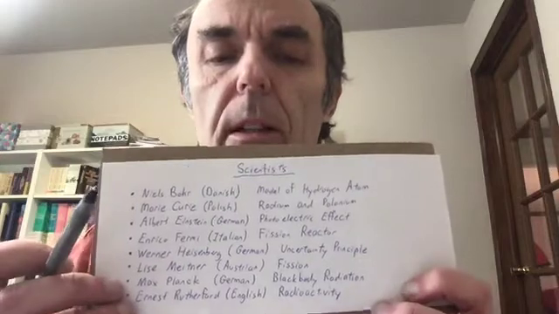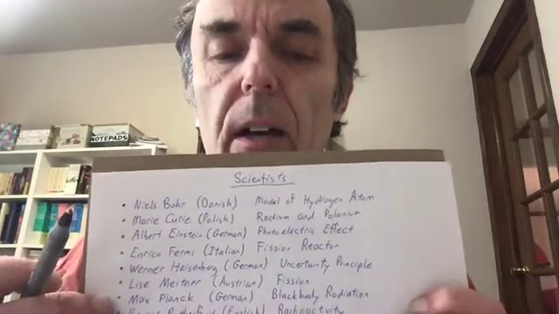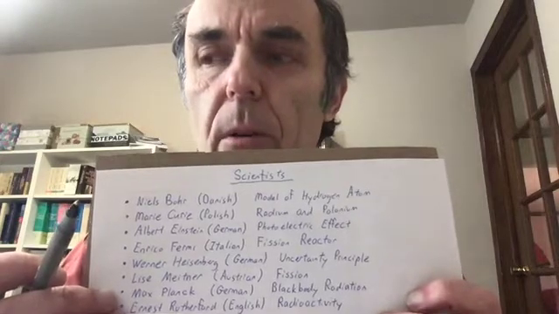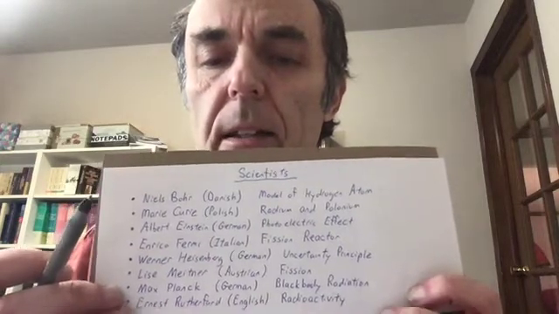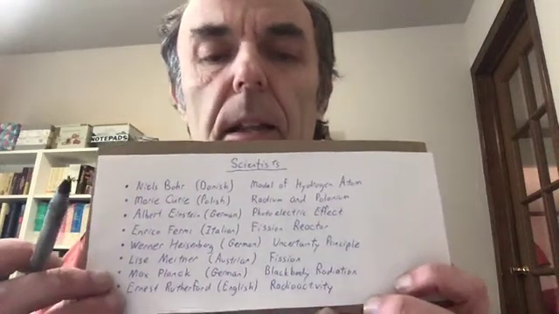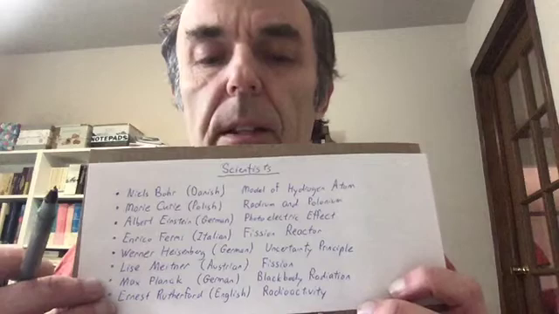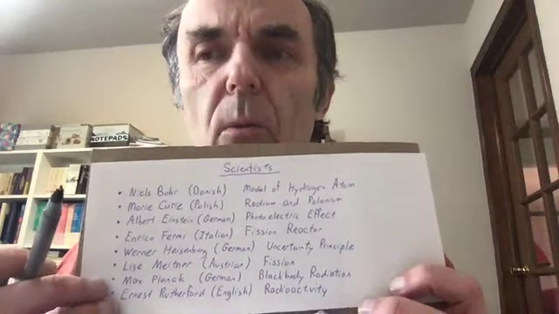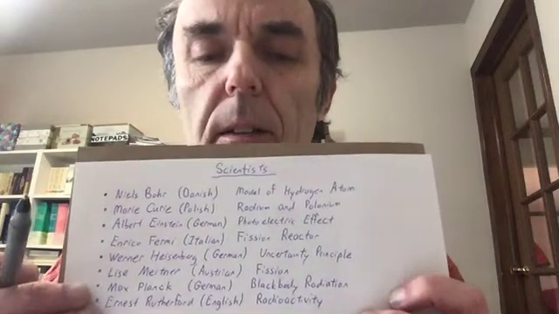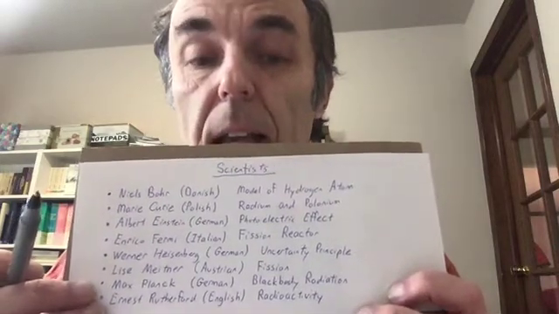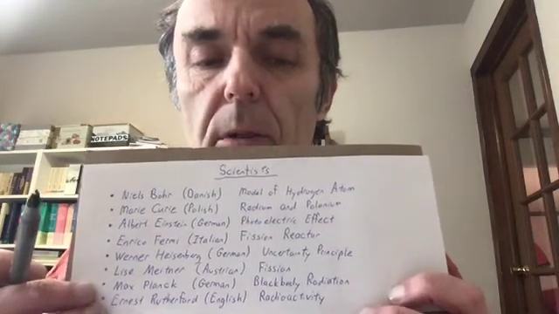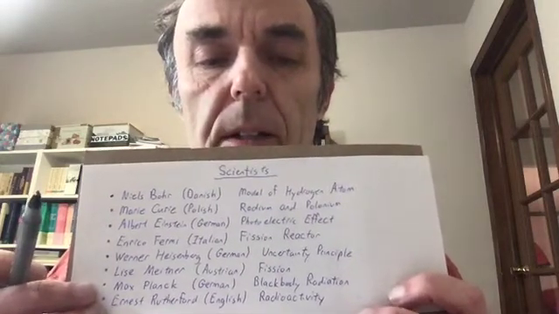Werner Heisenberg, another German scientist, helped develop quantum mechanics. In particular, came up with the idea of the uncertainty principle, which we'll talk about not today, but probably on Wednesday. Lise Meitner, an Austrian physicist, was the one who first realized how nuclear fission works. Nuclear fission, of course, is what underlies our nuclear reactors and the atomic bomb. So Lise Meitner played a central role in the development of modern physics.